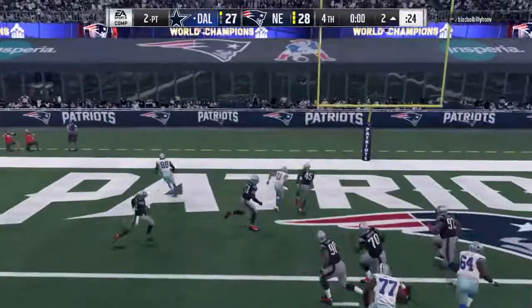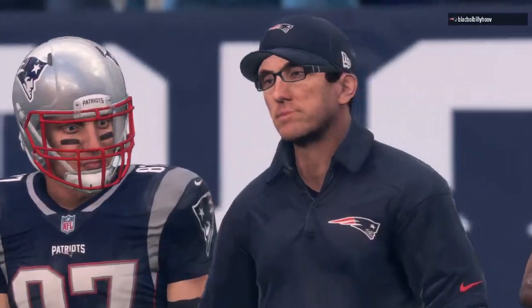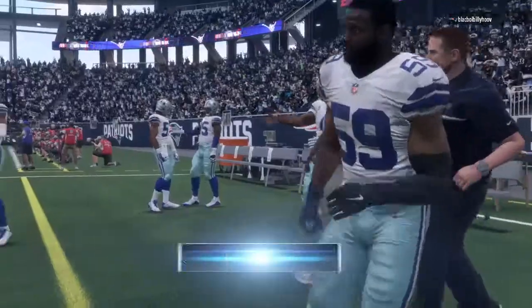One last shot now for Prescott. And he's got it. It's caught. What a call with no time remaining. And with that 2 points, they